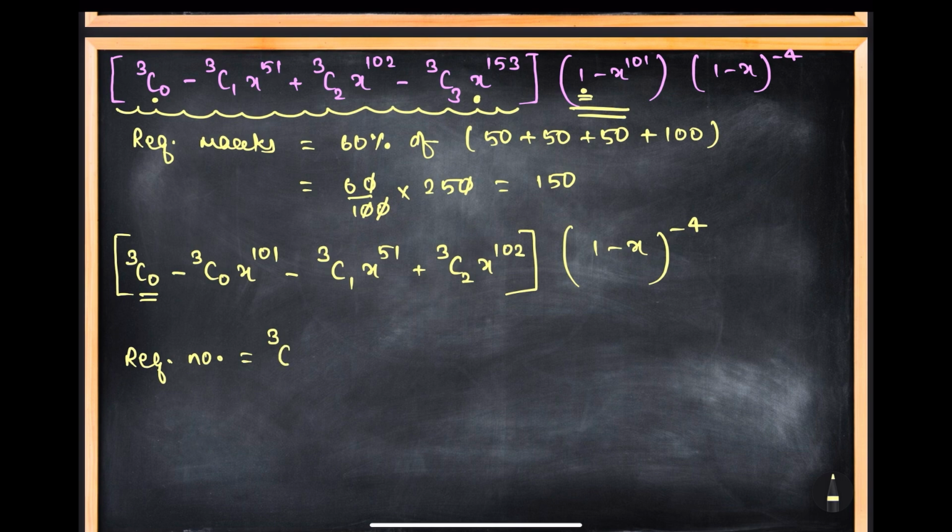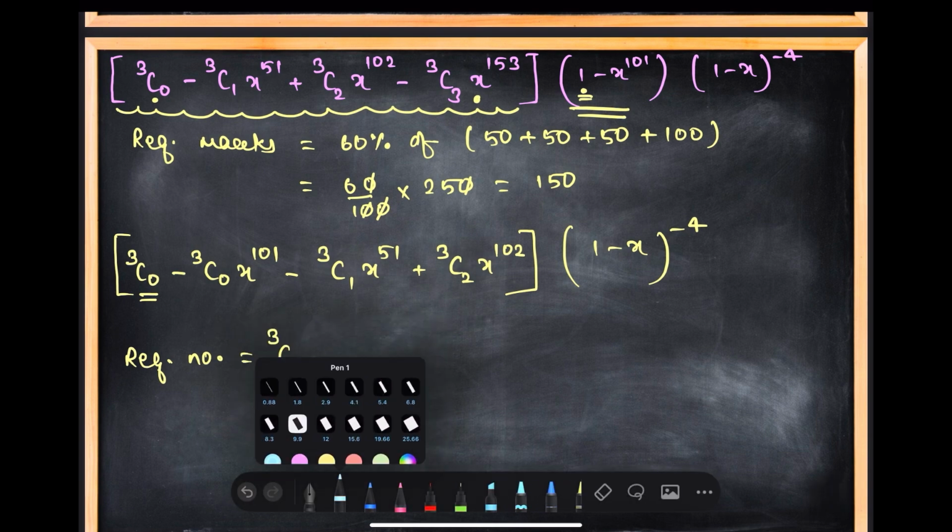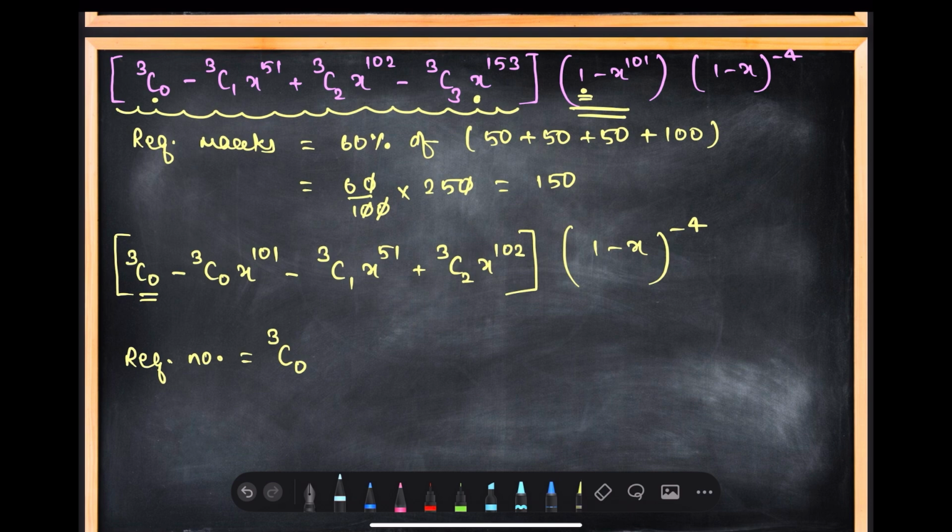So it is 3C0. So he will fight with whom? He is having power of x as 0. So he will fight with the person who will have x to the power 150. So it is C 150. Okay, so the upper subscript will become what? You know that it is n plus 1 less than the lower subscript. So it is 149. 149 plus 4,